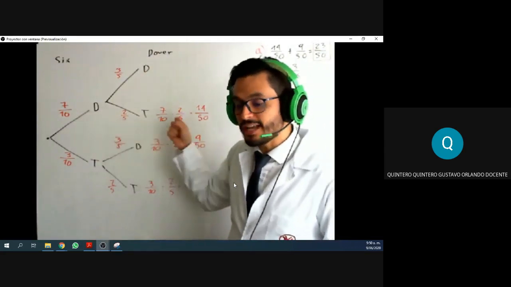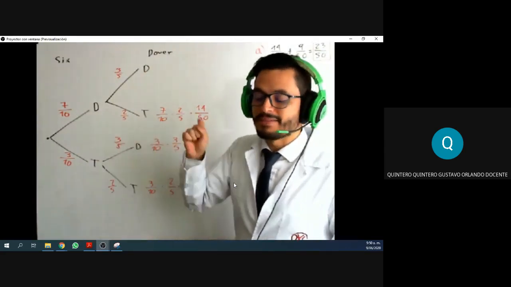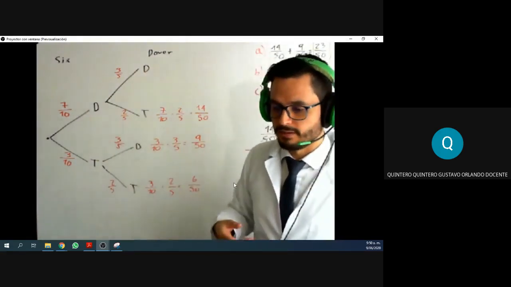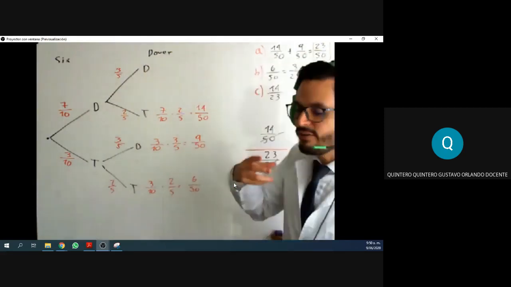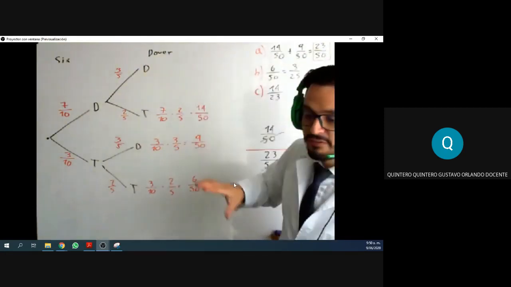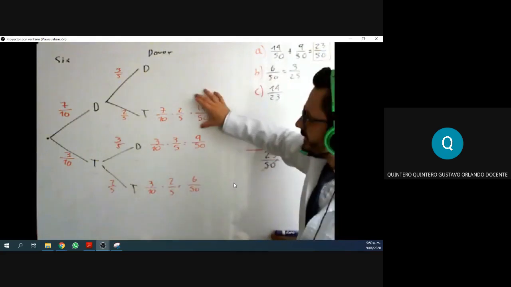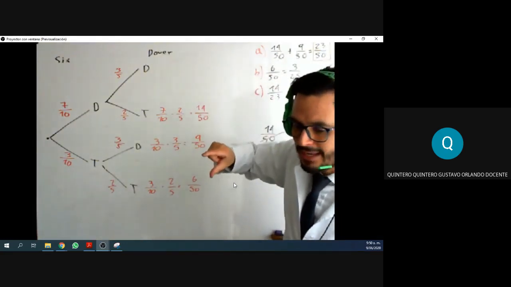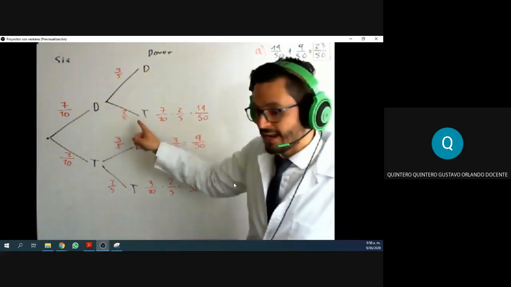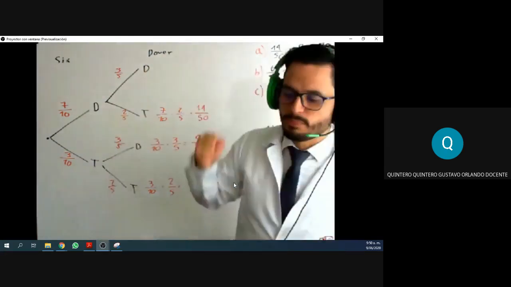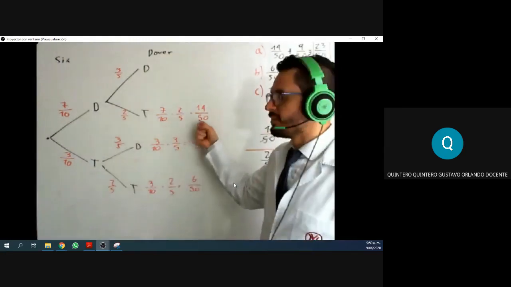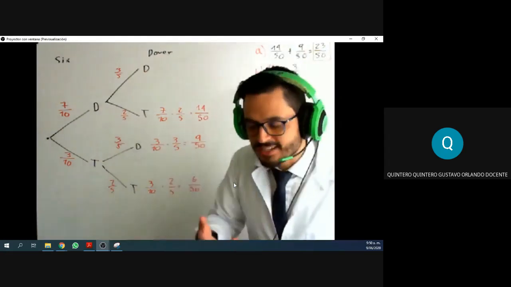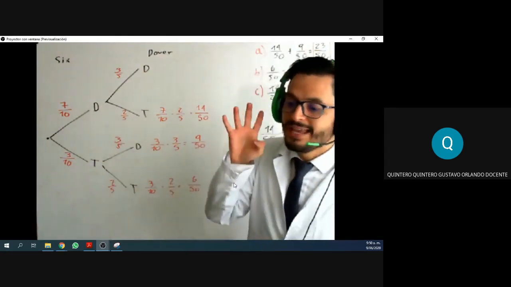That is the intersection. That is the probability of the intersection. But the question is not asking us for an intersection. The question is asking us for a conditional probability. The problem is if we just say that 14 over 50 is the option, this 14 over 50 is the part of the probability that we have this delayed and on time out of every single possibility, because there are 50 possibilities, over 50. But the question is asking us for a condition, so we have to